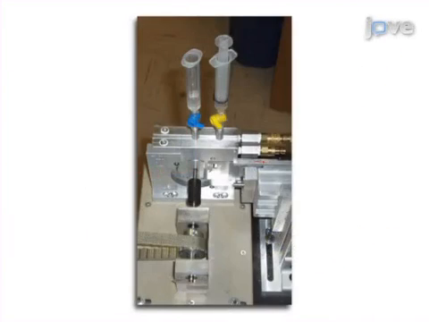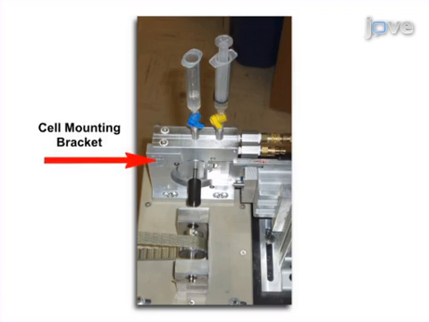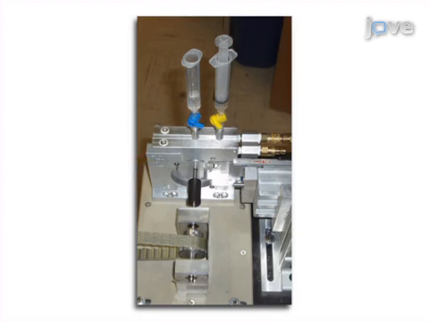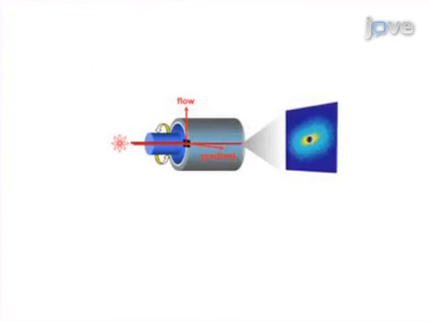The second step is to attach the shear cell to the cell mounting bracket located on the breadboard in the sample environment stage of the neutron beamline. Next, the sample is carefully loaded into the shear cell so as to avoid air bubbles being introduced into the experimental volume. The final step is to run the experiment first by defining the shear rate at which the sample